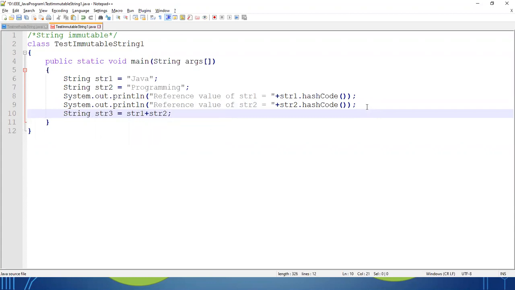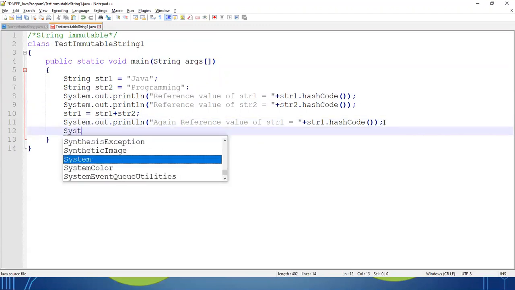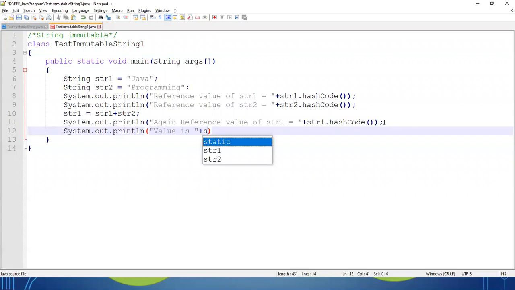So instead of creating another string, let me write the result in str1. Also, I'm printing the value.